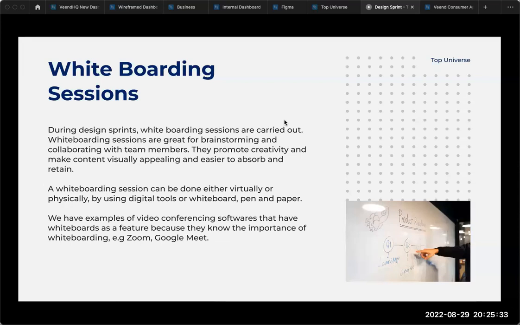So you can do a whiteboard session physically, you can do it virtually, you can do it on pen and paper, you can do it on a board. So whiteboard doesn't necessarily mean it must be a whiteboard. It can be a blackboard if you like. But what it's trying to tell you is that you are working on a surface, you're working to show your work, to make it appear.